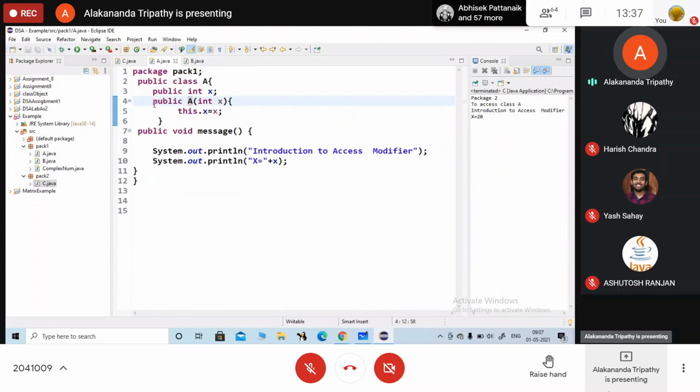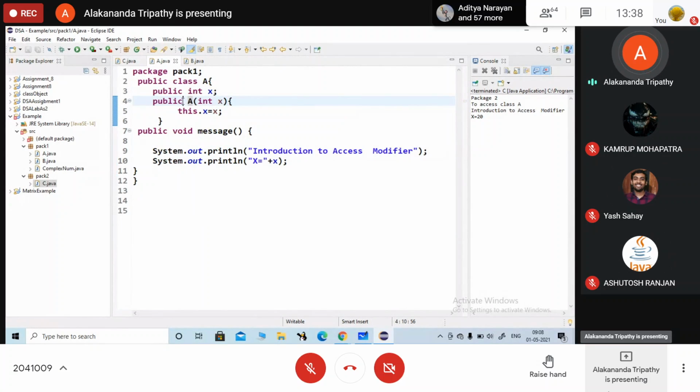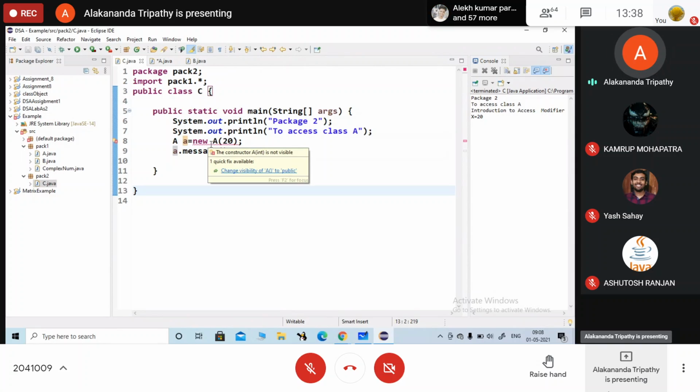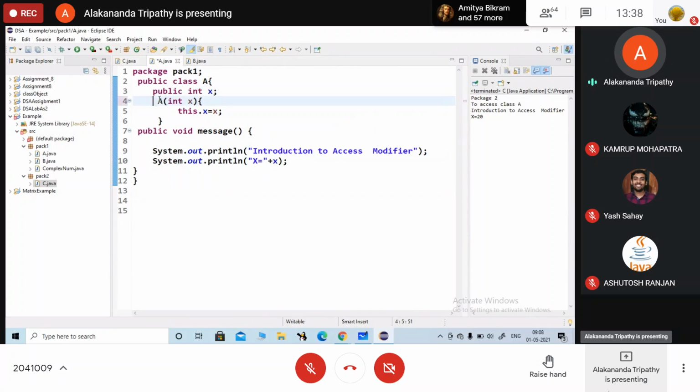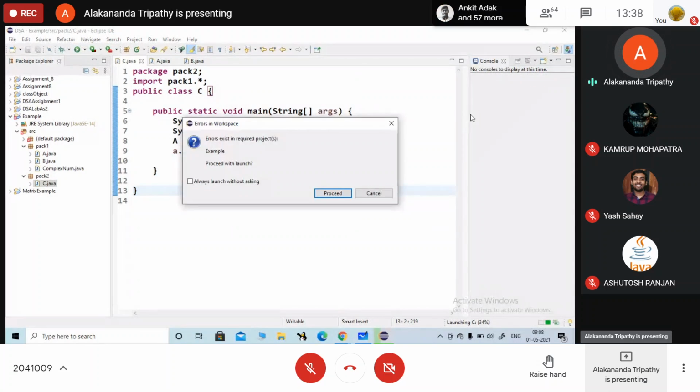Here I need to make the constructor as also public, because outside the package class C में मैं यहाँ पर A को initialize कैसे कर रही हूँ? Using which constructor? Parameterized constructor. If I will not provide the access specifier as public, ये हो गया क्या? डिफॉल्ट टाइप. अगर डिफॉल्ट टाइप हो रहा है, देखो यहाँ पर क्या आ गया? Compilation error. So I need to define it as public. So when I will define it as public, देखो compilation error गया तुम्हारा. Now run the code, you will get the output.